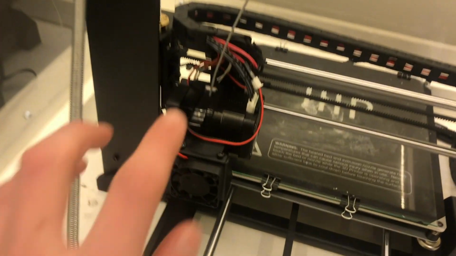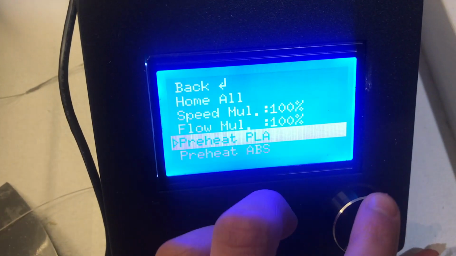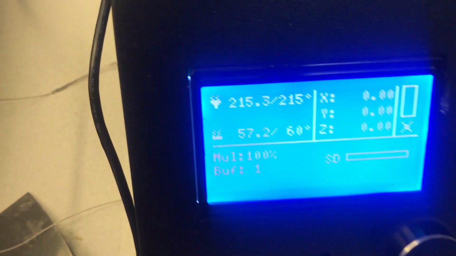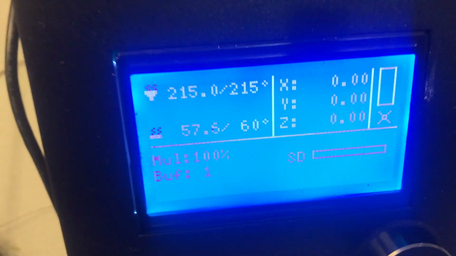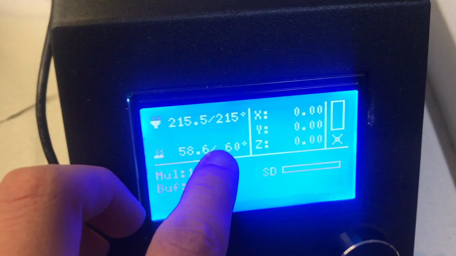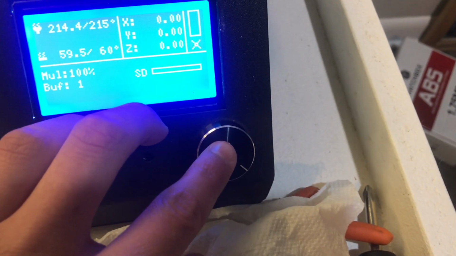Before you preheat, change out the filament spool using this tab. Once you're ready, press preheat PLA, and it will preheat to the normal settings. Don't worry if this looks wrong from what you set. The slicing settings, once you press print,